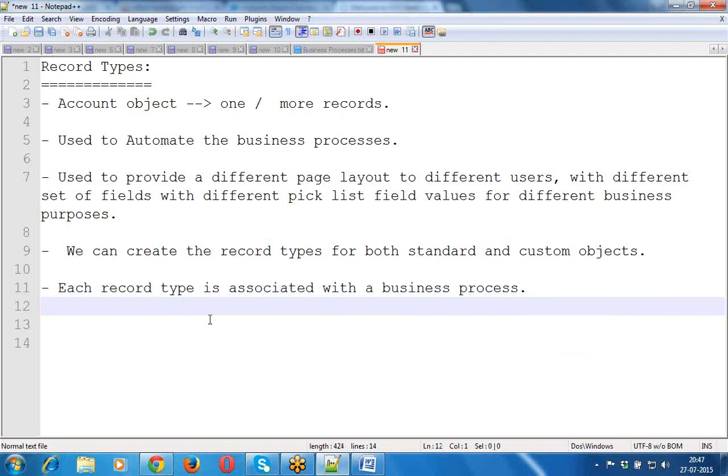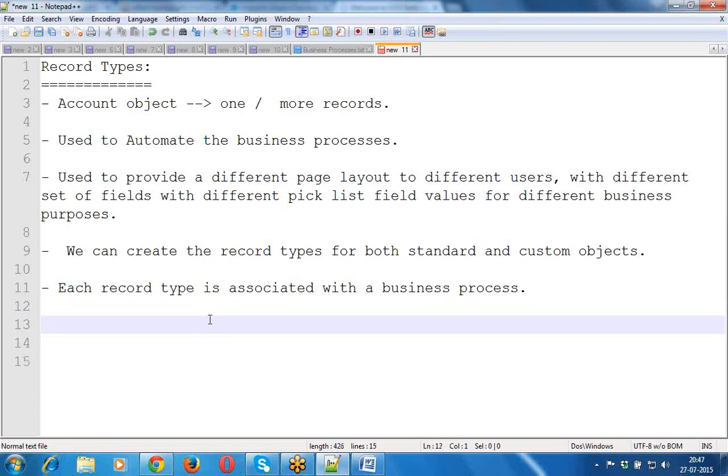For a normal savings account user, a different process will be there to log in. For a corporate account person, it will have a different process to log in to that account. To automate this kind of business process, we are going to use the record type. Nothing but we can create different types of records in the same object.